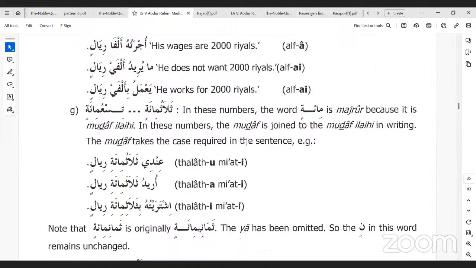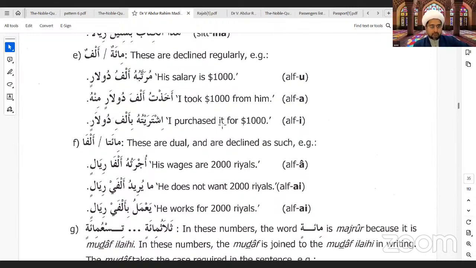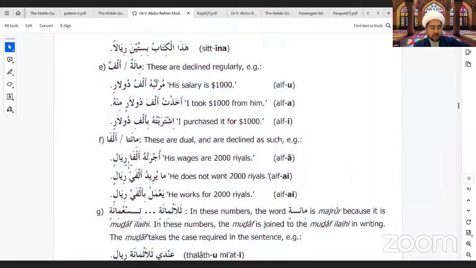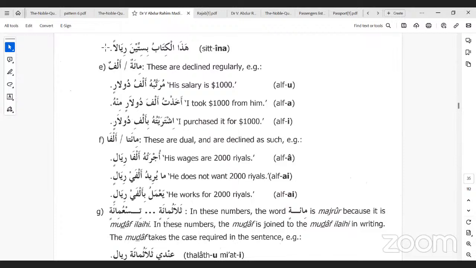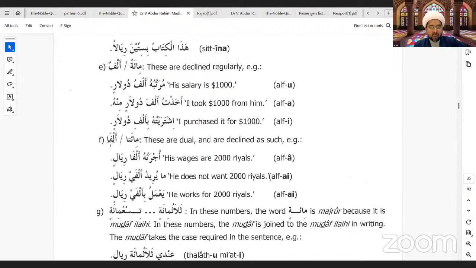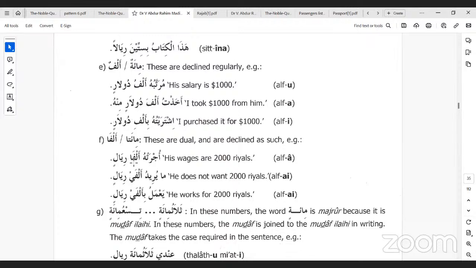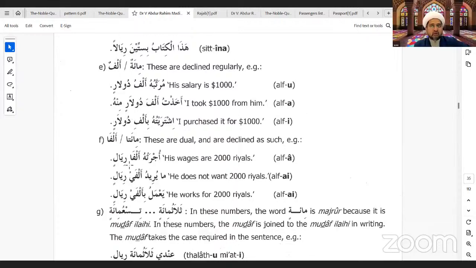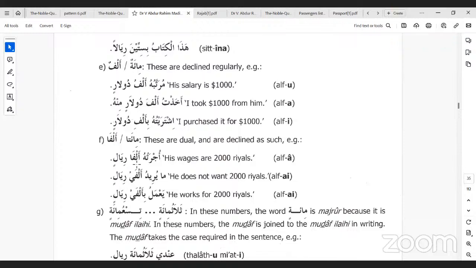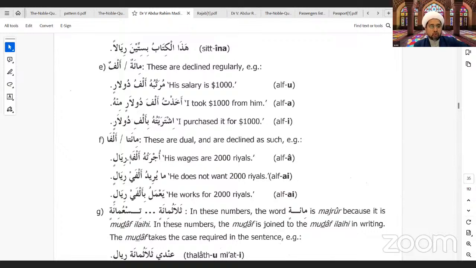Well, I'm a bit confused. How does it become 2? So what's happened? The word is alfani. Whenever 1,000 comes with its ma'dud, alf is 1,000, alfun is 1,000, alfani is 2,000. The noon has been dropped, so it becomes ujratuhu alfa... It should originally be alfani, but the noon has been dropped, and the alif is symbolizing that this is dual.